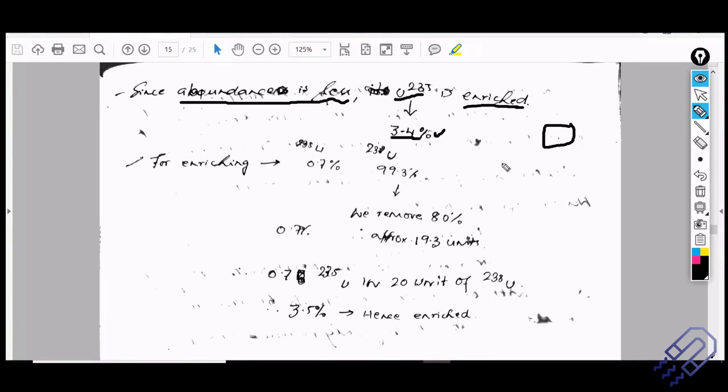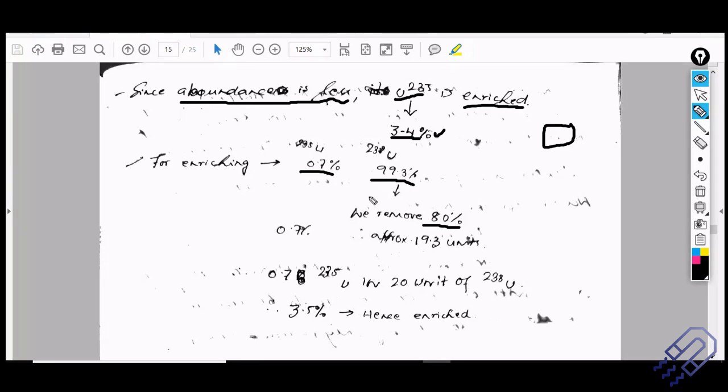So how do you do that enrichment? It's simple. We are not increasing uranium 235, because you are extracting it naturally, and whatever amount is there, it's there. You cannot add more to it. So what we do is a chemical process to remove uranium 238 from there. Imagine you have removed 80% of the uranium 238. It's very difficult to remove every atom of uranium 238, not possible. You have restrictions in terms of the experiment or the chemical reaction that is happening.